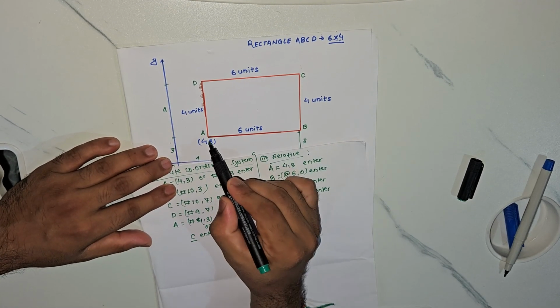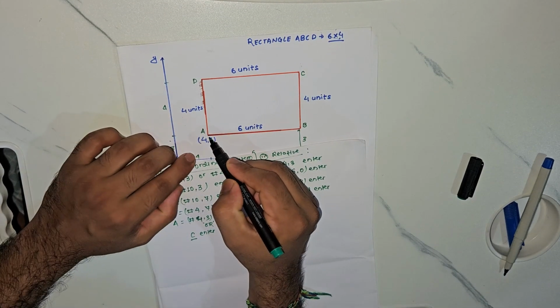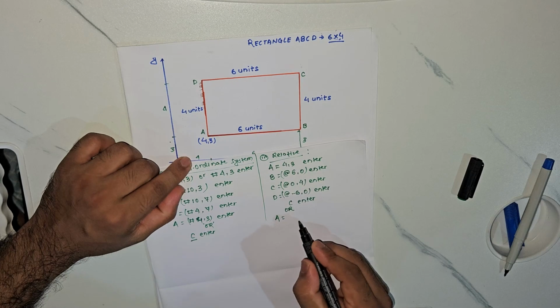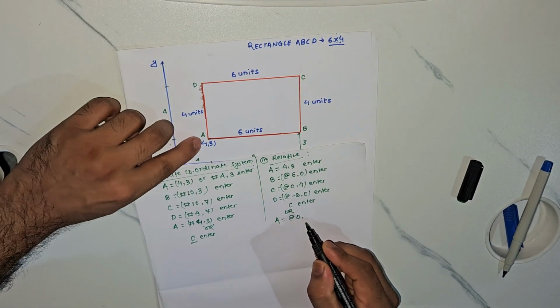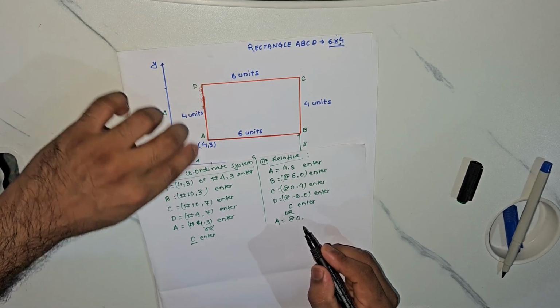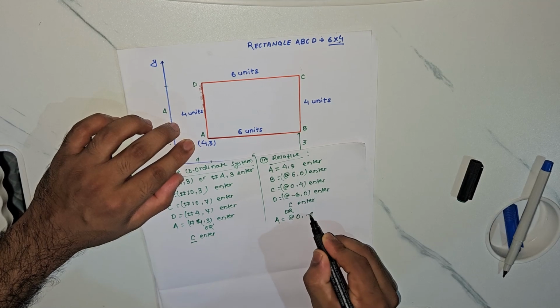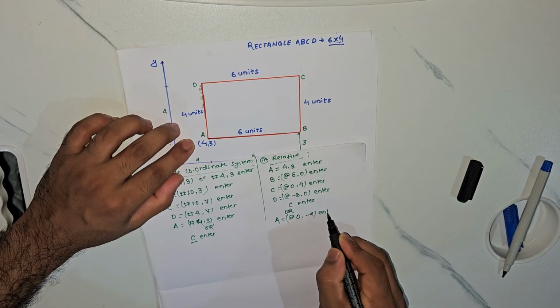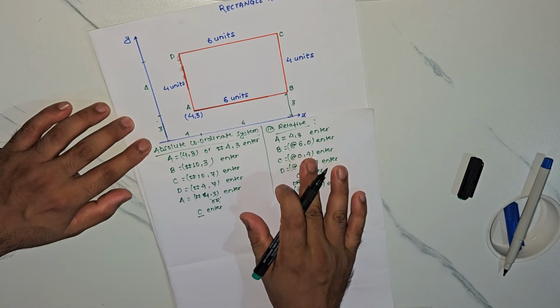the coordinate of A will be measured from D. So you can see here, A is not moving horizontally, so it will be @0 comma, but it is moving vertically from D, that too in the downward direction. If it is the downward direction, then it will be negative, so minus 4, and enter. So this is the absolute coordinate system, this is the relative coordinate system.